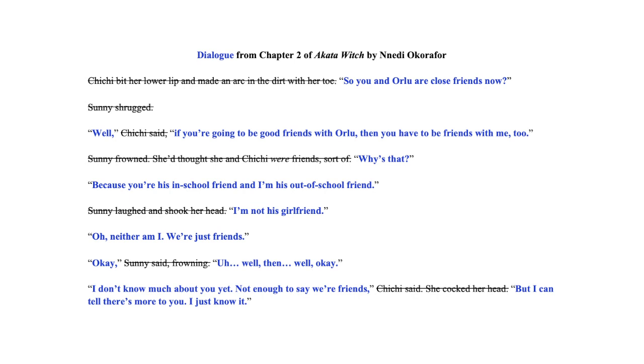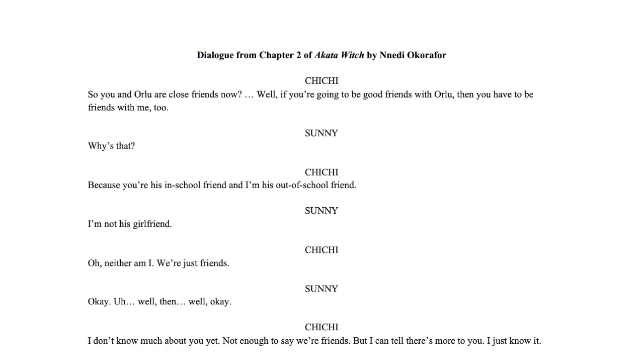So now let's see what this dialogue would look like written down if it were for a play instead of a book. You can see that the characters' names are easier to find in this version. That's so that your actors know which lines they're supposed to say and which lines are for another character. Here's how the dialogue would sound if it were on stage.